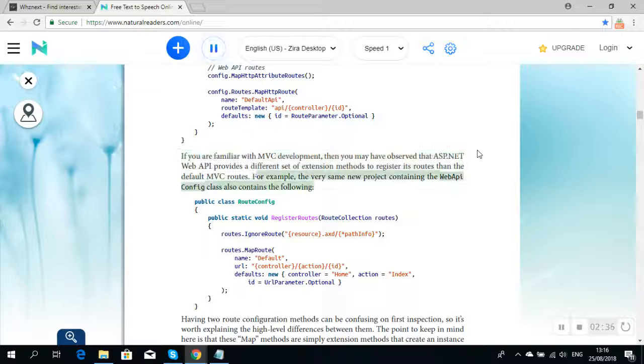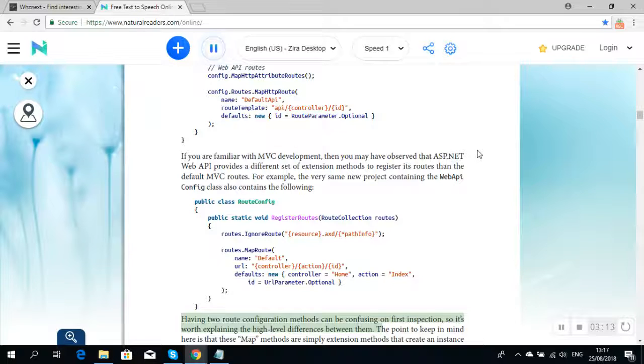For example, the very same new project containing the WebApiConfig class also contains the following: public class RouteConfig { public static void RegisterRoutes(RouteCollection routes) { routes.IgnoreRoute("{resource}.axd/{*pathInfo}"); routes.MapRoute(name: "Default", url: "{controller}/{action}/{id}", defaults: new { controller = "Home", action = "Index", id = UrlParameter.Optional